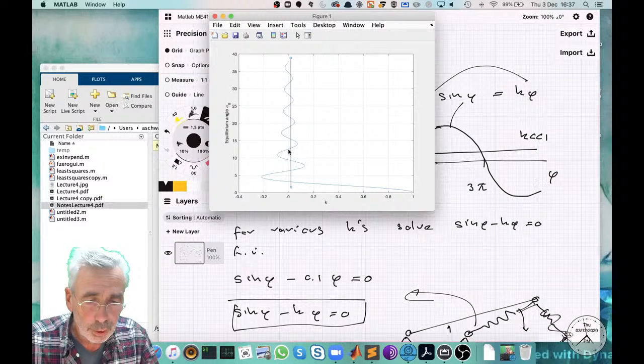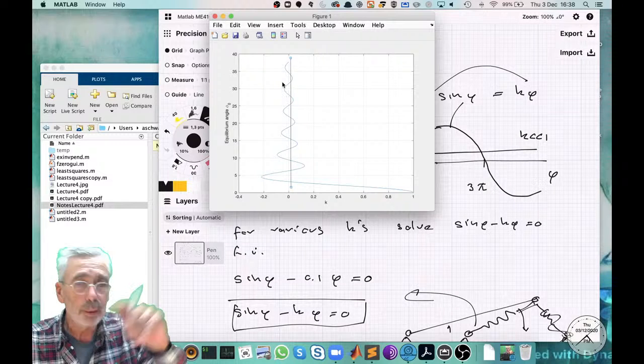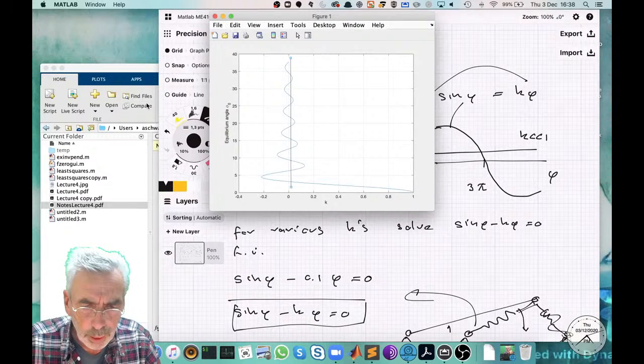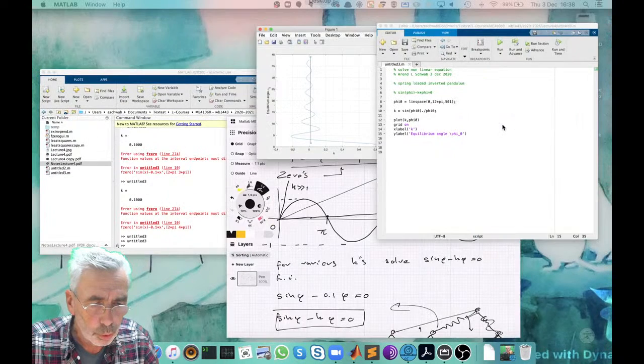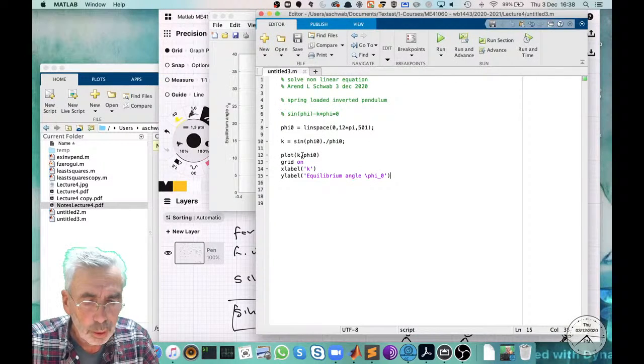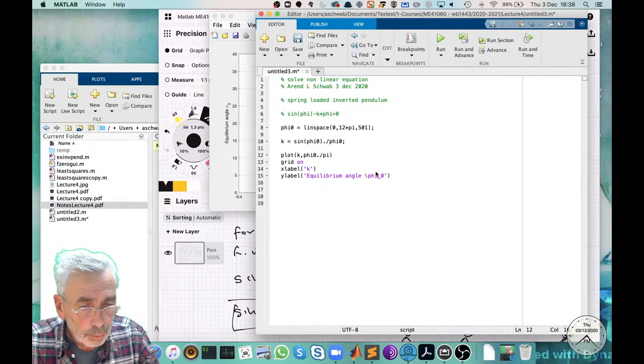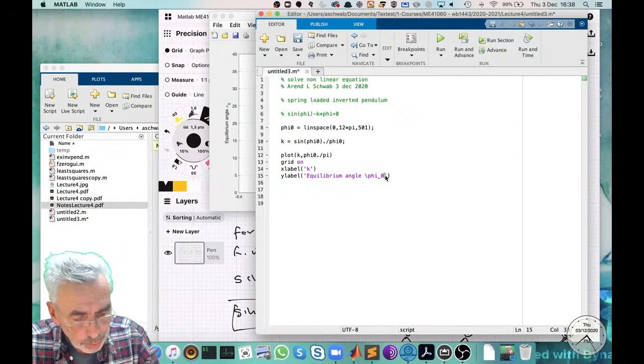That all these values, of course, they are multiples of pi. If you divide this by pi, then you will see, they are multiples of pi. That is going around a number of times. To see that, maybe we should go in the code, and instead of plotting phi 0, we can plot phi 0 divided by pi. And then we should say that in the text too, divided by